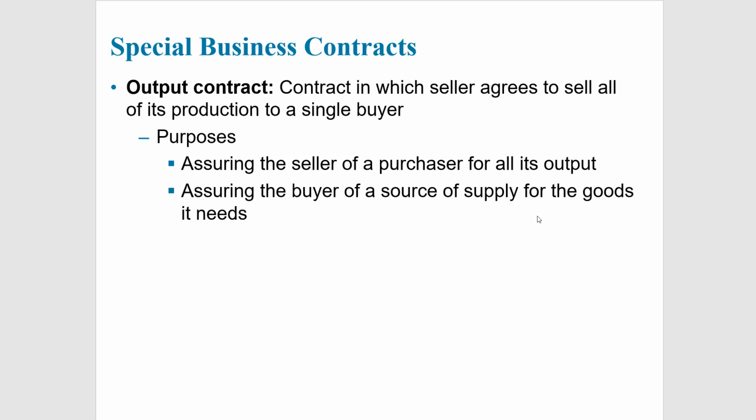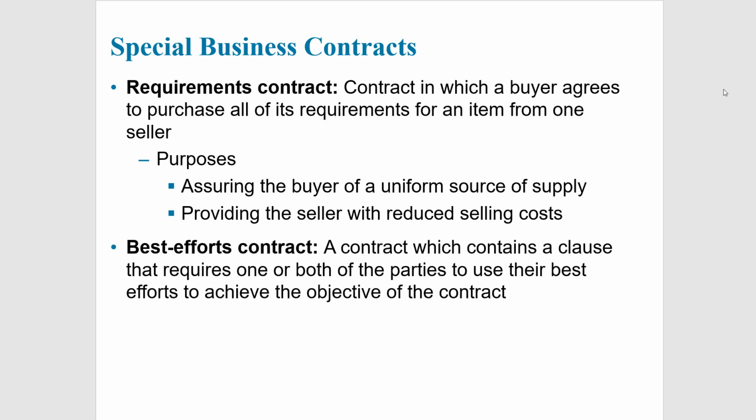It's interesting just because the amount of consideration isn't completely definite in terms of absolute units. It's flexible depending on how much I can actually produce. A requirements contract is a similar concept, a kind of exclusivity contract where I agree to buy everything I need